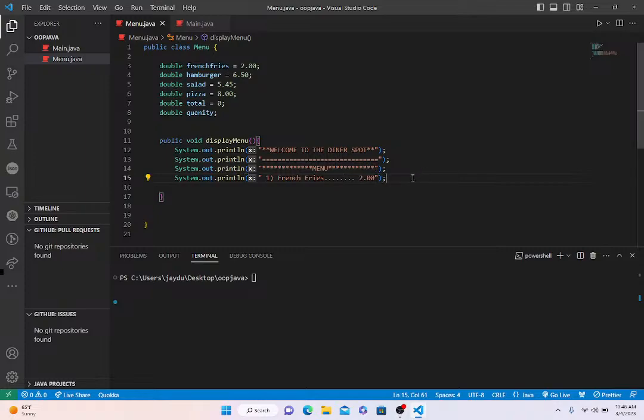Right, so again, no big. Well, this piece I guess is a little more relevant to the program because you have to have what you're gonna print out. So the next one I'm gonna do is hamburger here,